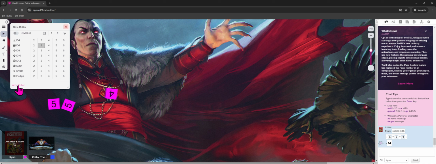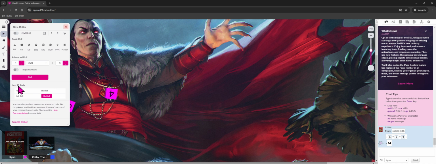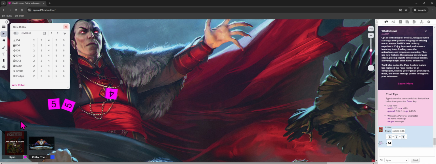So yeah, you can do that. If you want to go to some advanced rolling, you can. I honestly have not used this, but maybe once or twice. So just kind of depends on what you want to do. But I think just the simple roller is perfectly fine for most of these needs. So